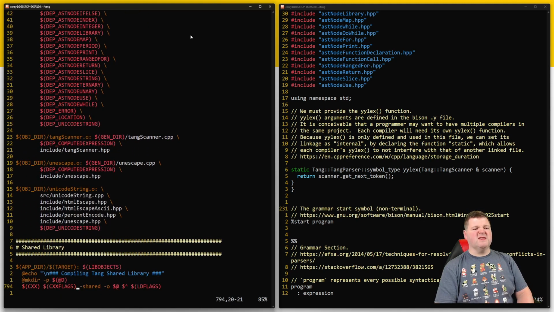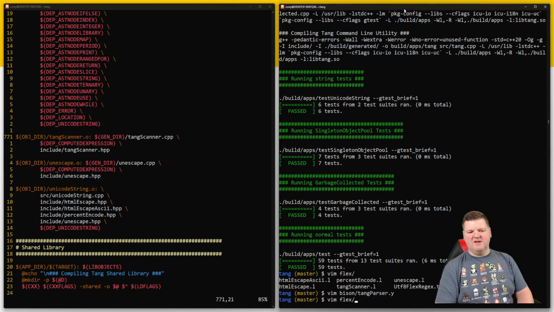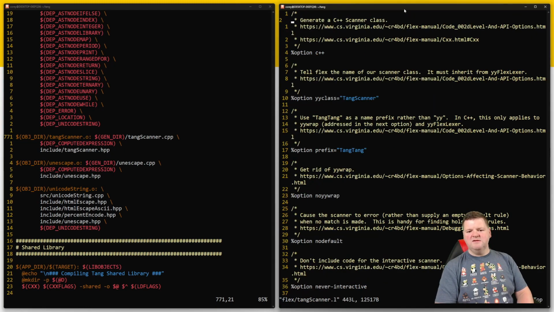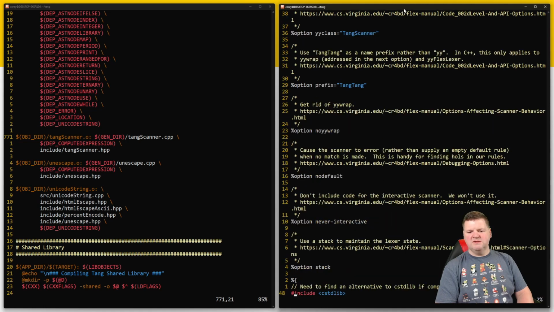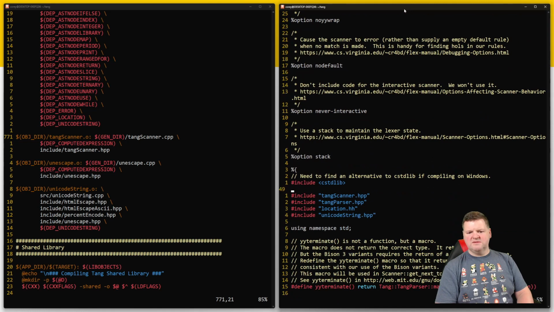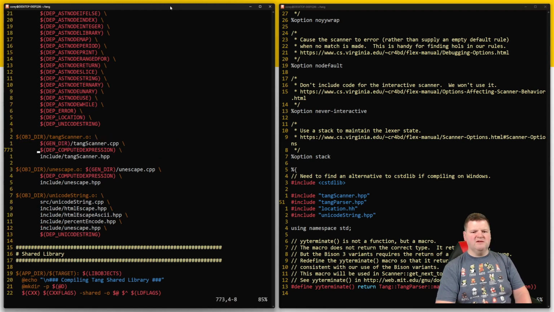All right, so let's look at the scanner. Tang scanner. And this is going to be under flex, Tang scanner.l. Look for the word include. So it requires, first of all, the generated file, and then not computed expression,